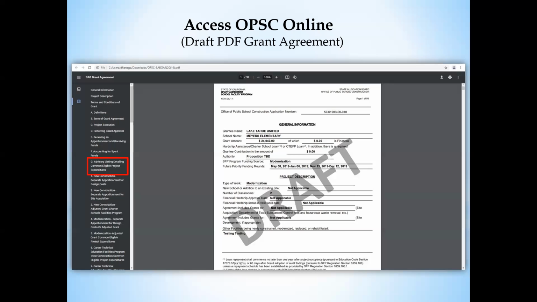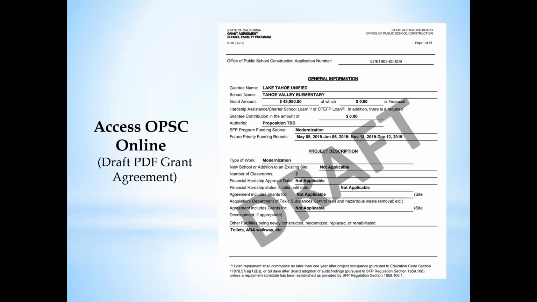A lot of questions we get, a lot of the times on the tail end as these projects are closing out, are about some of the common eligible expenditures. You can click right there on G, and that will take you to a listing of the common eligible project expenditure tables. And just before I get to those tables, here's a quick blown up view of that first page of what you'll see. Again, it's clearly marked draft with the watermark, so you always know you're looking at a draft. This one has not been signed by the LEA or signed by the executive officer.